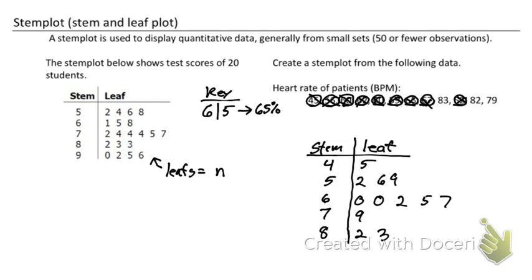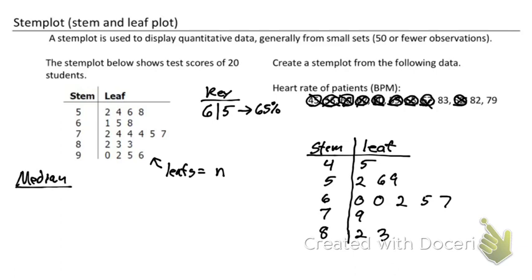I do want to talk real quick. How would I find the median without actually having to write all these out again? EJ: Well, you could just count the number of leaves there are. Yep. And cut it in half. And kind of cut in half, right? So when we're looking for our central point, we do n plus 1 divided by 2. So if I ask you to find the median of this first one,